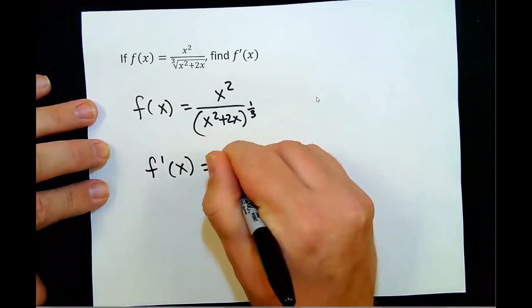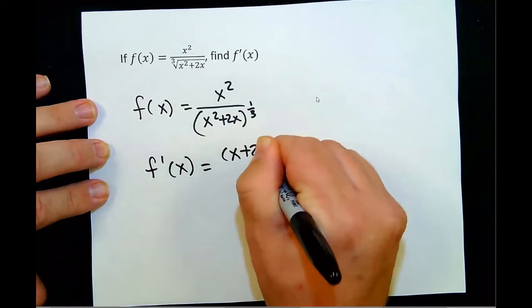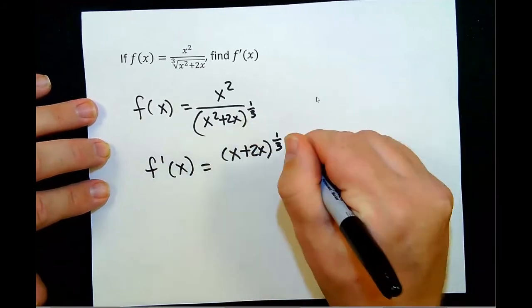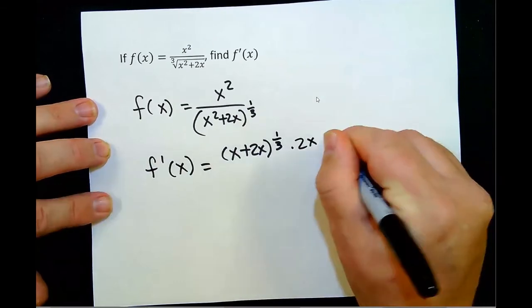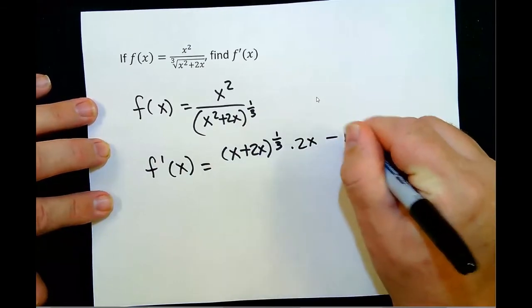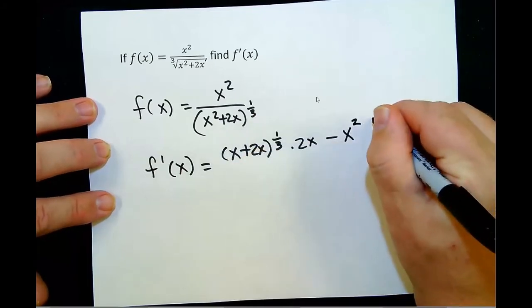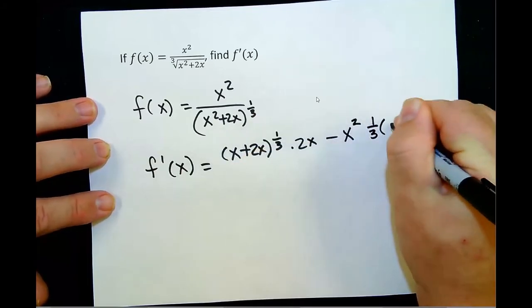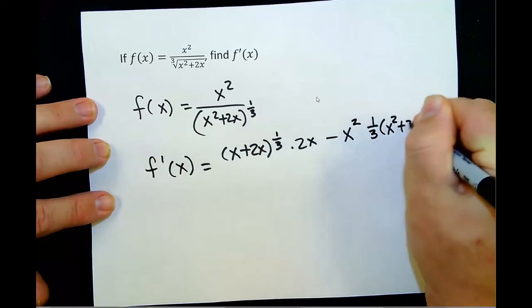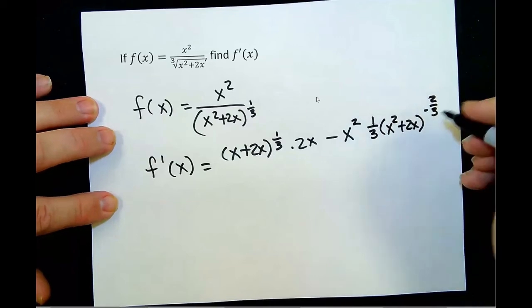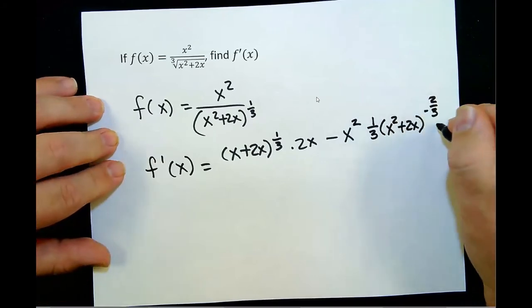Low D high minus high D low. Okay. So 1/3 x squared plus 2x to the negative 2/3, which is 1/3 minus 1, times the